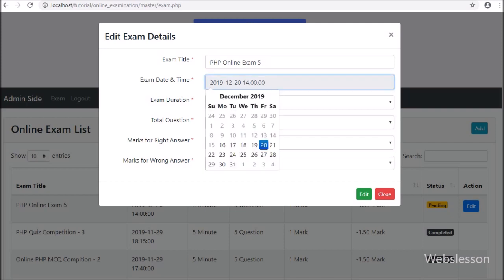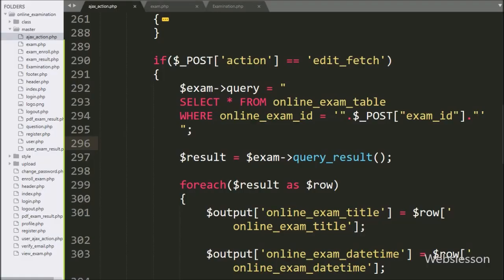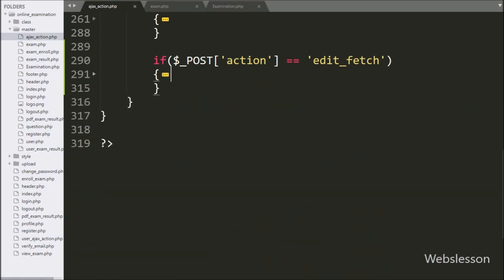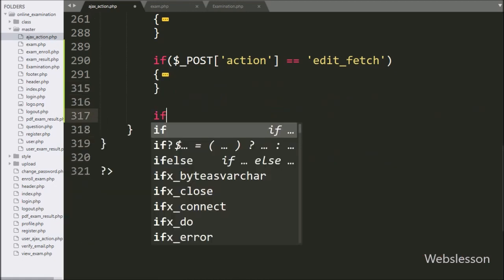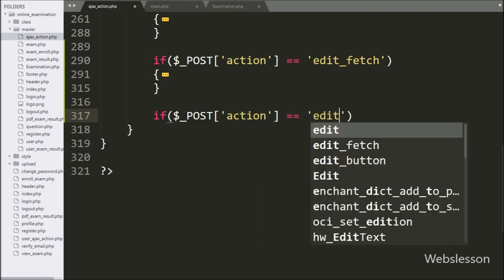Here we can see the modal title has been changed, and all form fields have been filled with data, and here we can see the submit text has been changed to the edit text. When we click on this button, the form data will be submitted using Ajax, which code we already wrote at the time of creating a new exam. So, we directly go to the Ajax_action.php file to write the PHP script, and here we write an if statement,